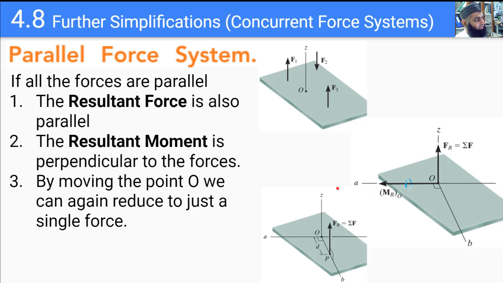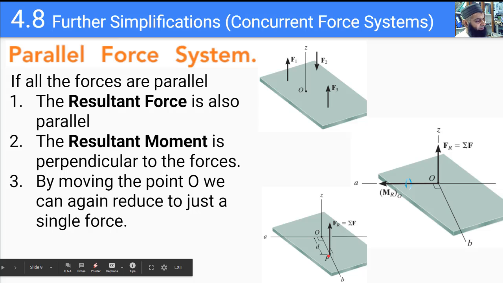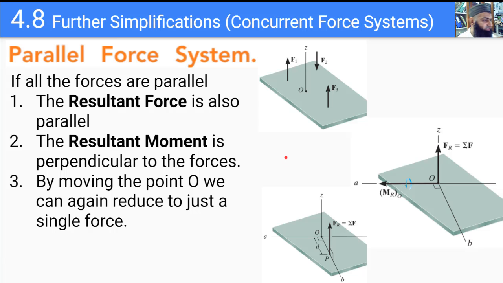So again, in this case also, if we have a parallel force system, we can reduce our forces to a resultant force at this point P, and we do not need a couple moment. Again, this is a special property which would be true only at this point, and this is not true if we were to resolve our forces at any other point. So here we have seen the three cases.